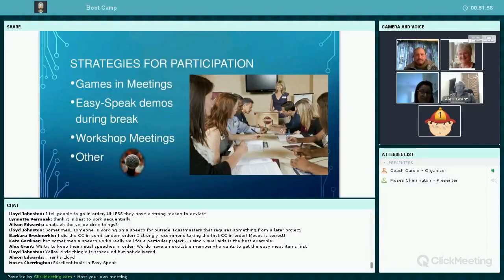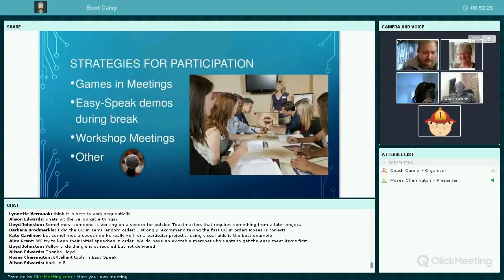break. There was a very interesting post in one of the Facebook groups recently about the use of games in meetings, and this young person from the Hong Kong Toastmasters Club actually had all the members bring in their mobile phones and mobile devices, and she gave them some instructions, and it was a bit of a game on how quickly they could access those tools and fulfill some of those things that we've just been speaking about.